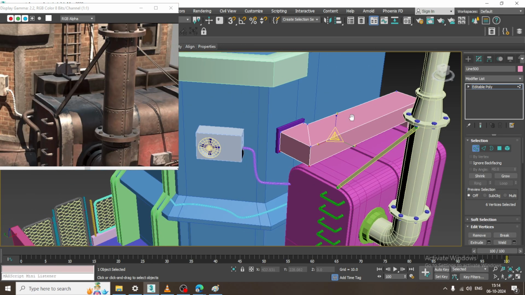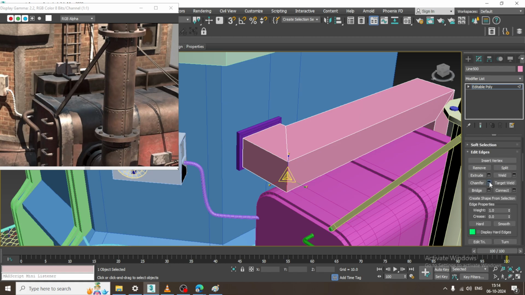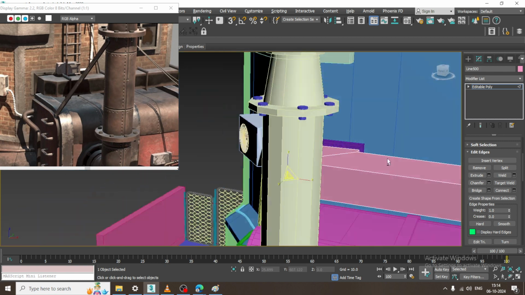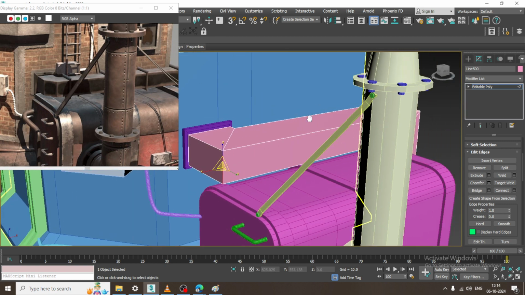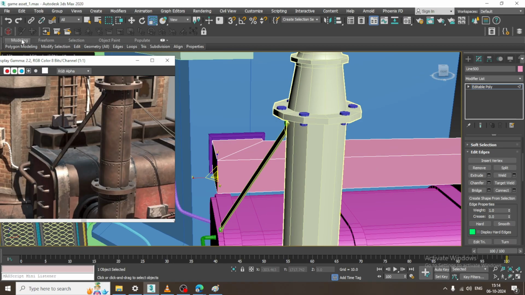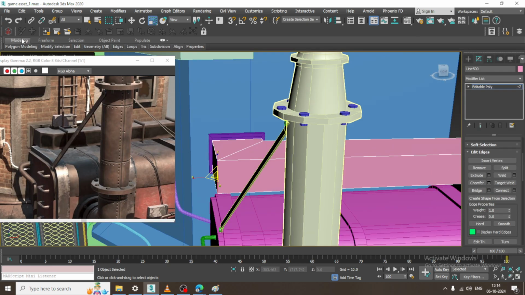Now I'll go into this, let's give chamfer over here. We can slightly add a bit of chamfer, or else later on I'll smoothen it. So I'll go into this, let's go into this, and let's take